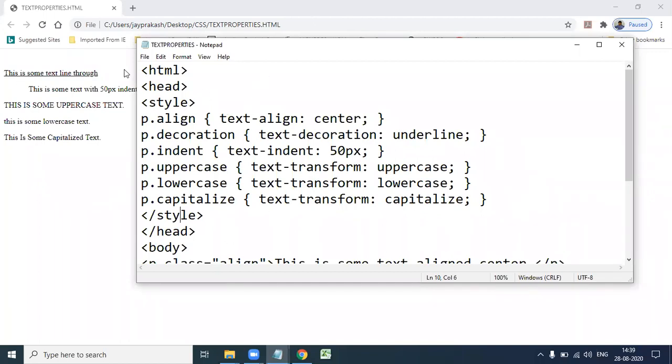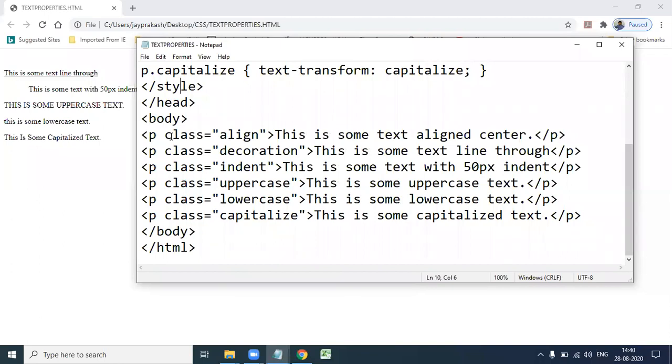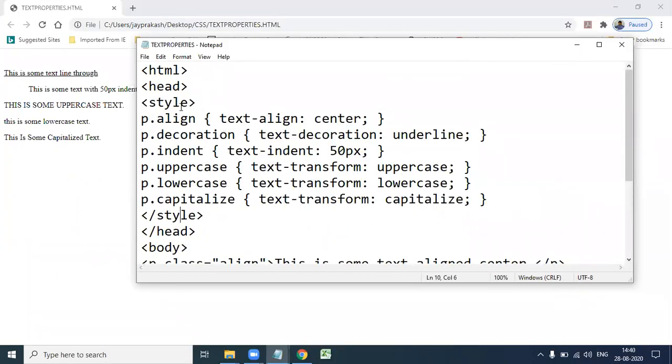Text properties and execution of this text-properties.html. Here first is the HTML root element, and we define the style in the head section. Next, in the body we use class selectors. First is align; in the style section we access the class selector using p.align.